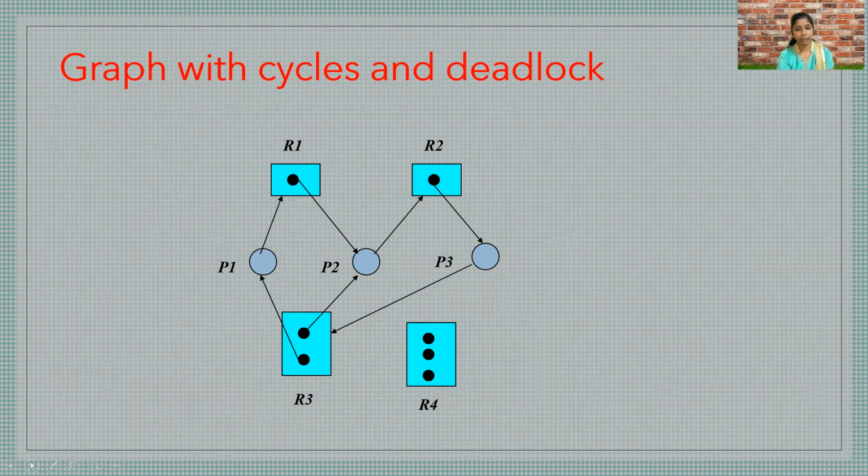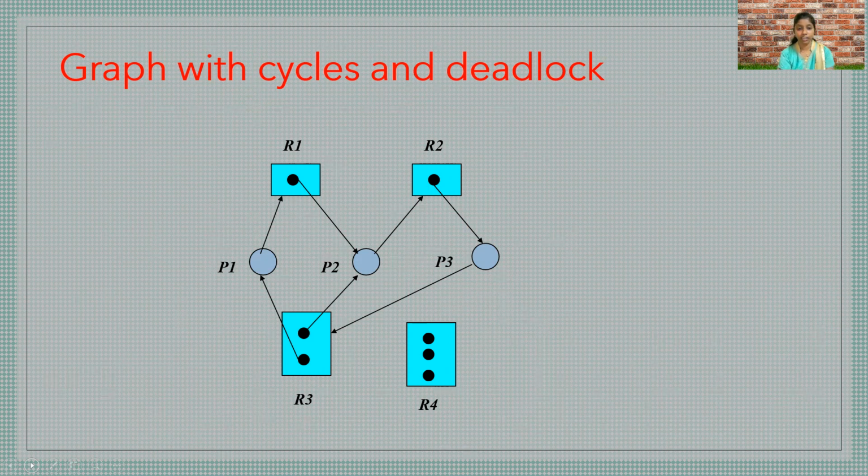R2 is already held by P3, and P3 in turn wants an instance of R3 which is not available, and this condition goes to a deadlock where one of the processes should release the resource that it holds. Otherwise, this condition would indefinitely be the same because every process here, P1, is holding on to a